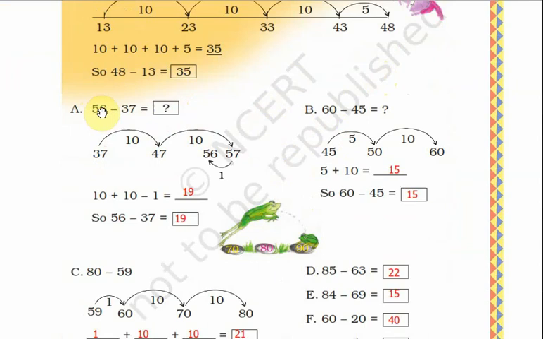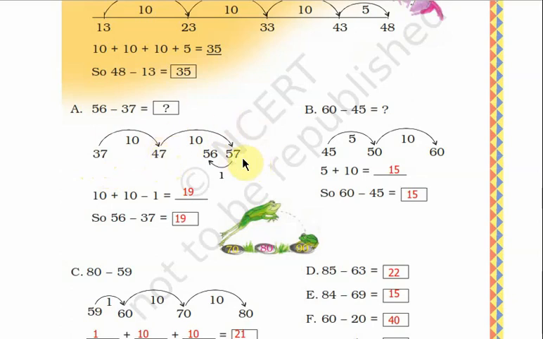This 56 is the minuend. This is the subtrahend, and we have to find the difference. So we have to start from 37. We can make a jump of 10 forwards as shown here. From 37 plus 10, we will reach 47, and again 47 plus 10 we will